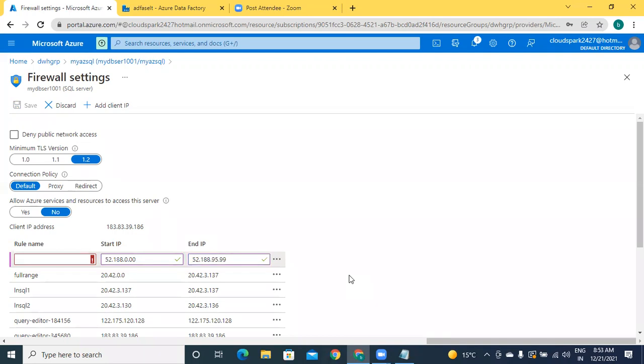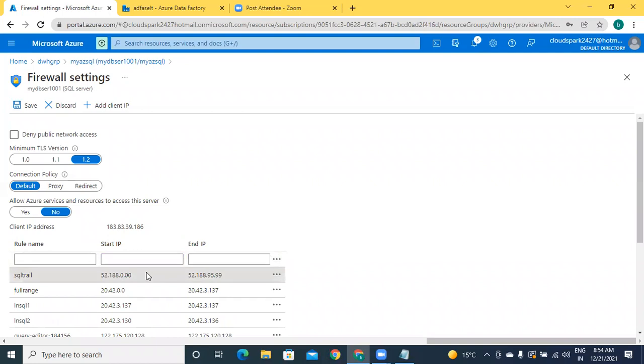That means if the IP address changes within these ranges, it purely depends upon how the security team has allocated IP ranges to you. That is not our choice, sir. The rule name, SQL trial.